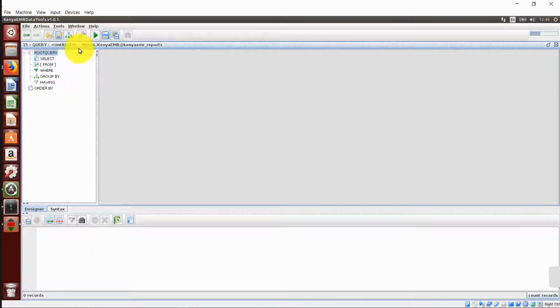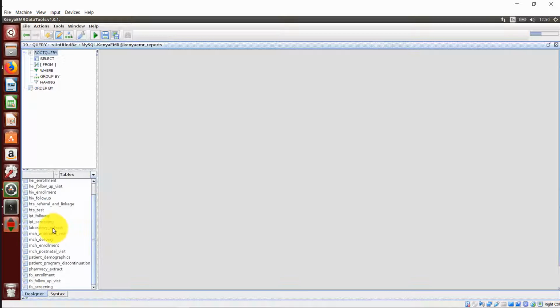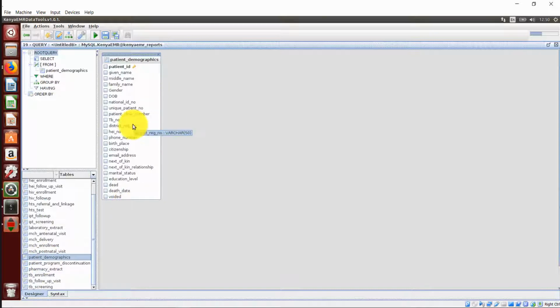As I had mentioned earlier, our focus will be on Query Designer. Click on the Query Designer icon to reveal the query page. This query page has two navigation panels on the left, the top one and the bottom one. We'll focus our attention on the bottom table, which has all these data elements contained in tables. Then we also have a working area. To launch a table onto the working area, double-click on your data element of interest. I'll pick patient demographics, double-click. It will end up on our work area.